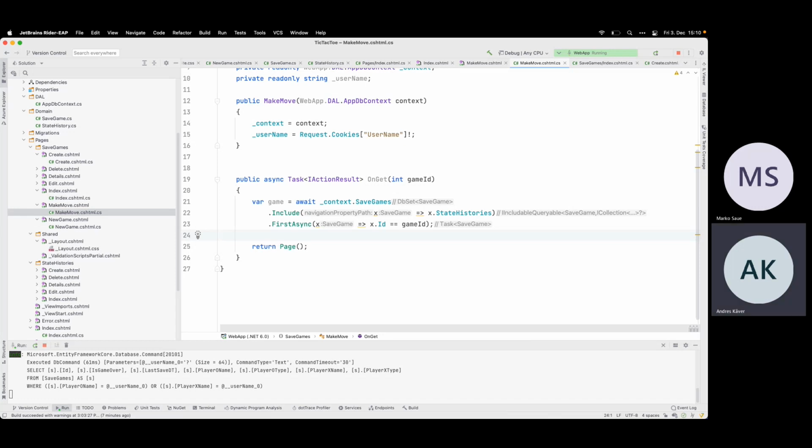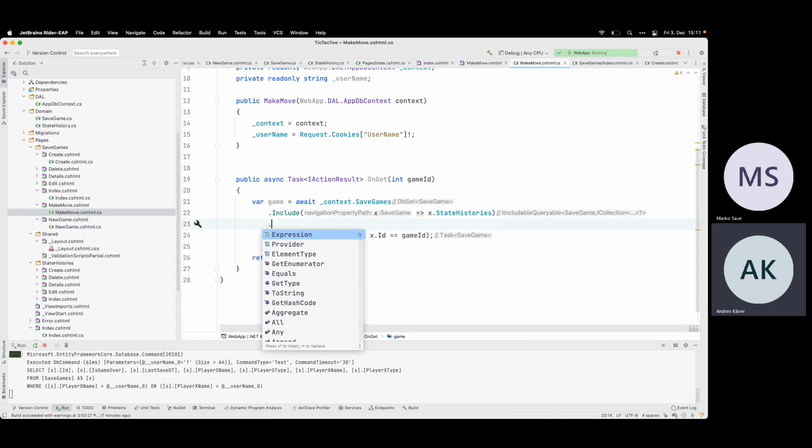So I have my username, I have my game. Theoretically, I have my last state, if there is any. So I can check this state histories array. So I can either order now via this, I can do something like this here.